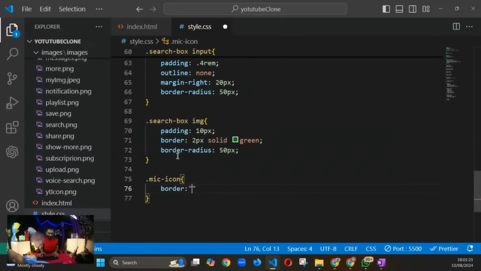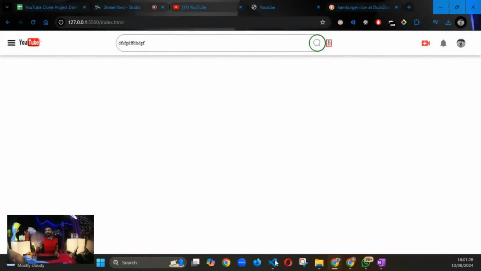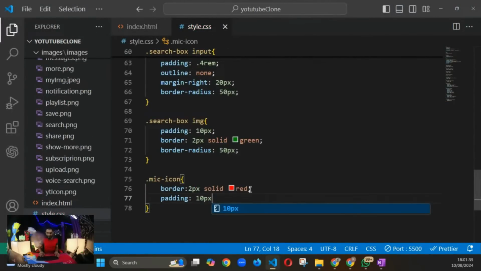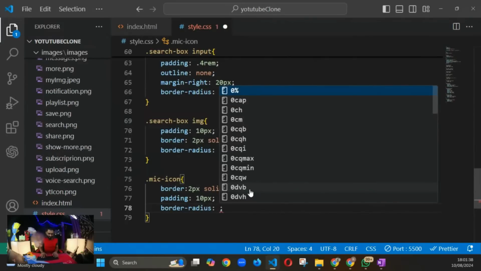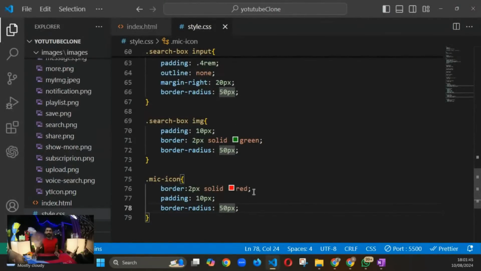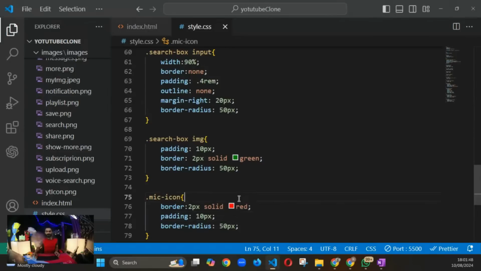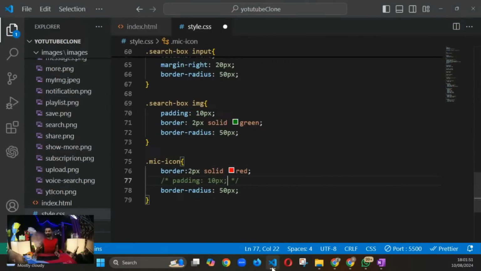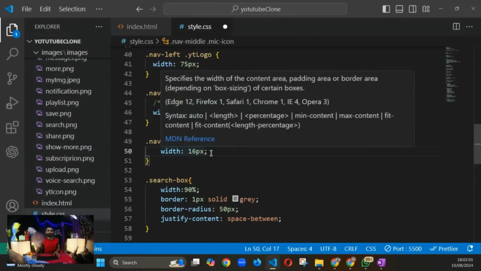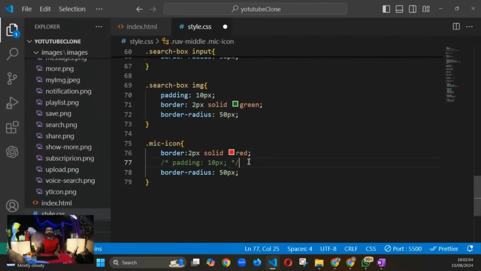राइट। बॉर्डर लगाएंगे सबसे पहले 2 पिक्सल्स सॉलिड रेड, लेट्स सी व्हाट हैपेंस, ओके, दिस इज द माइक, परफेक्ट। पैडिंग देंगे अपन कितनी, 10 पिक्सल्स की पैडिंग, देन आ जाएगा हमारा बॉर्डर रेडियस, सपोज से 50 पिक्सल्स, सेव इट, डू इट, ओके, व्हाट हैपेंड, ओके, नो वरीज, इसको मैंने विड्थ दी थी कुछ, हाँ, दिस इज अ प्रॉब्लम,